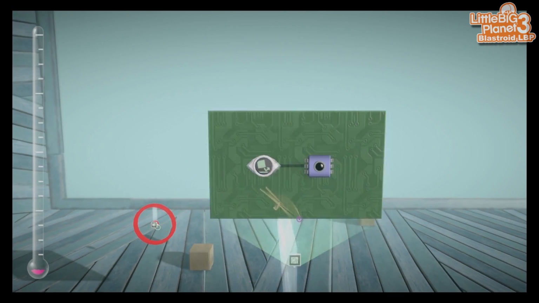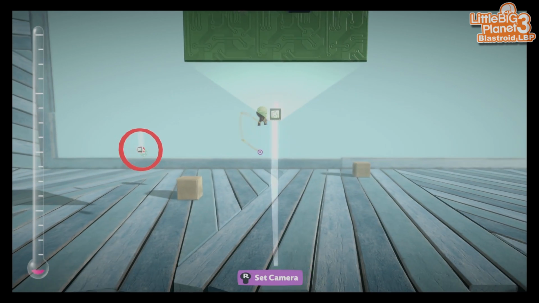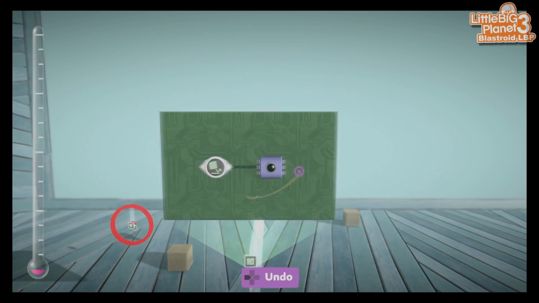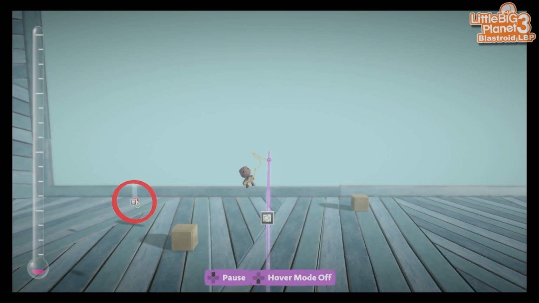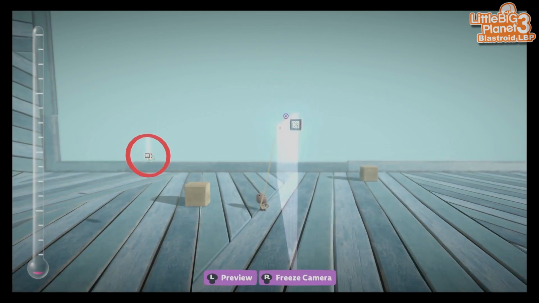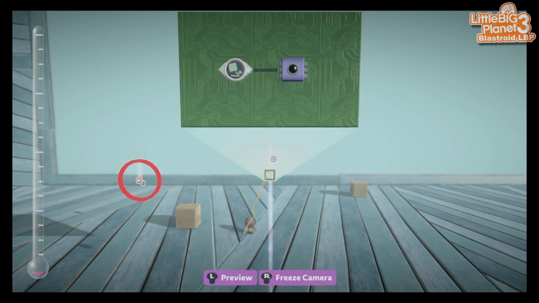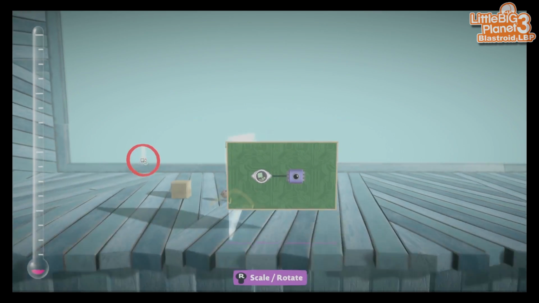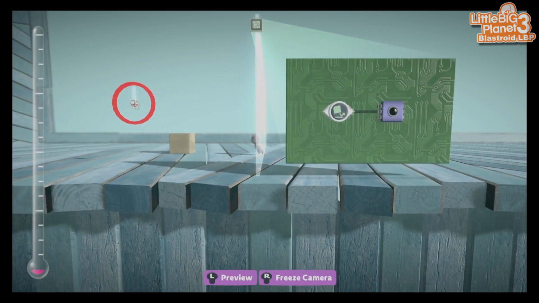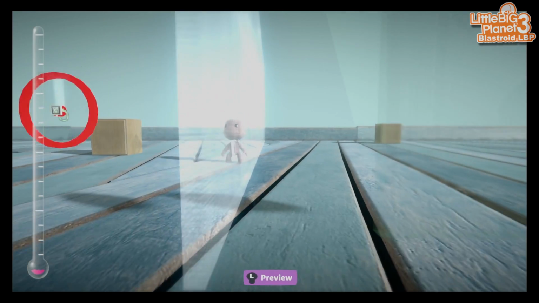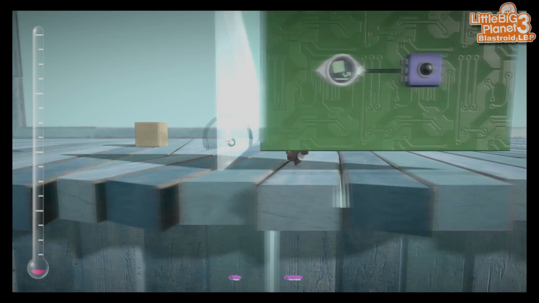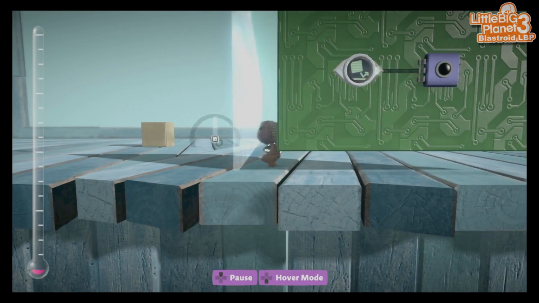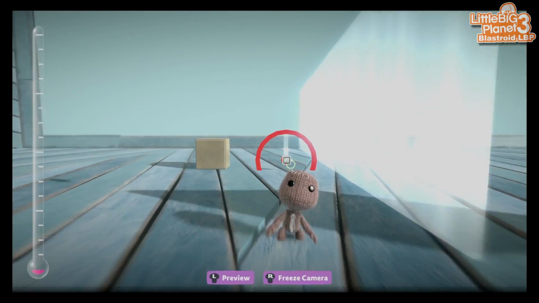So whenever the sack person enters this hologram, this tag is going to be turned on for just probably a brief second, not even a second. So you can actually see it right here. Move this down. There we go. Alright, on our target,